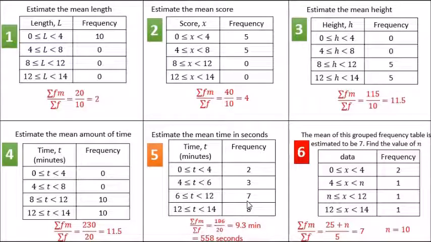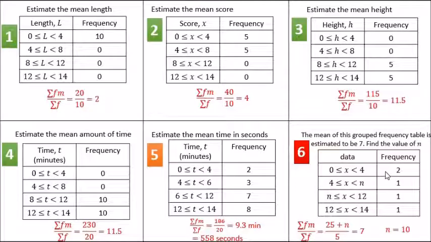If we divide that by the total of the frequencies, well, the total of the frequencies is 20, so we divide that by 20, we get 9.3, but that's in minutes. If we want to convert that to seconds, we then have to multiply that answer by 60 to get us